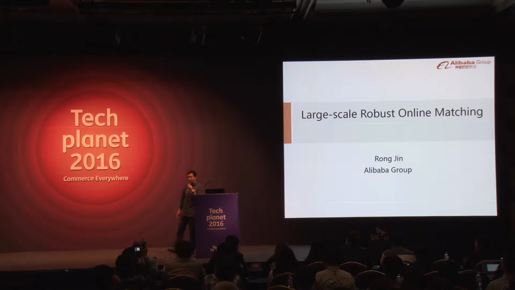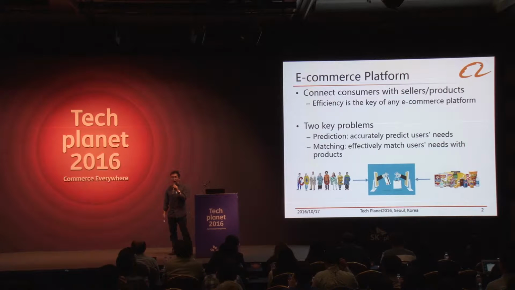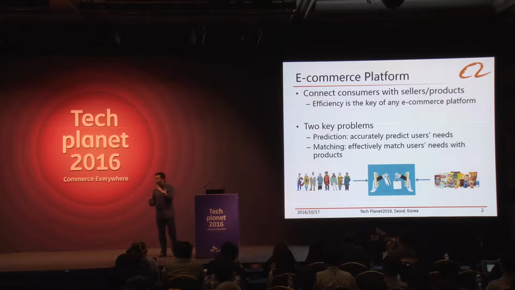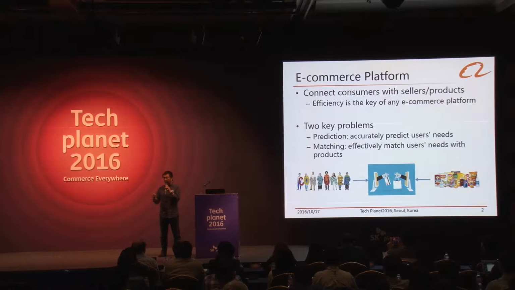Today I'd like to talk about large-scale, robust online matching. For e-commerce, the ultimate goal is essentially to effectively connect users with products or sellers. So the core of any e-commerce platform is efficiency. Now, in order to improve the efficiency of connecting the user with product sellers, there are two major issues that need